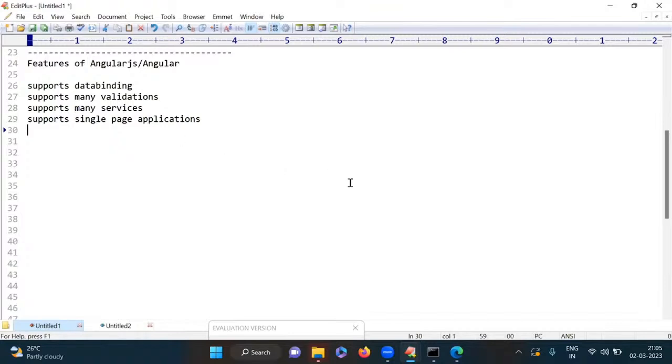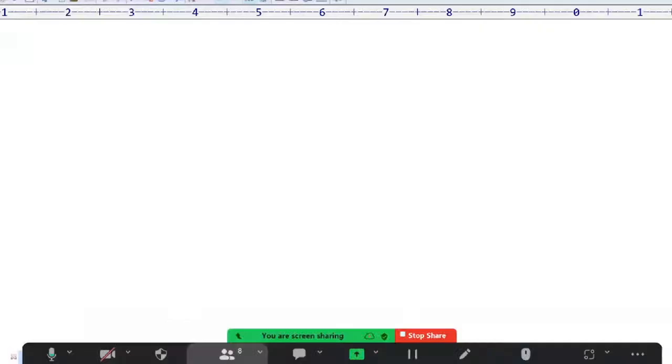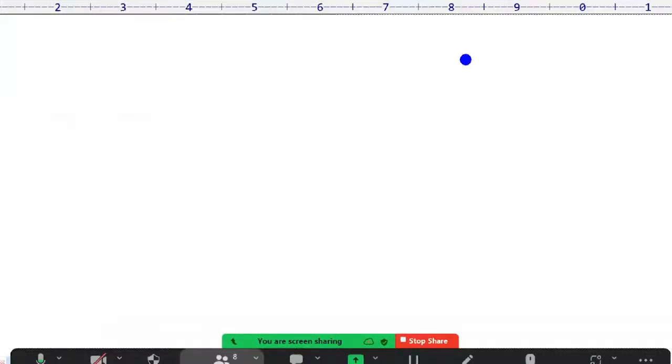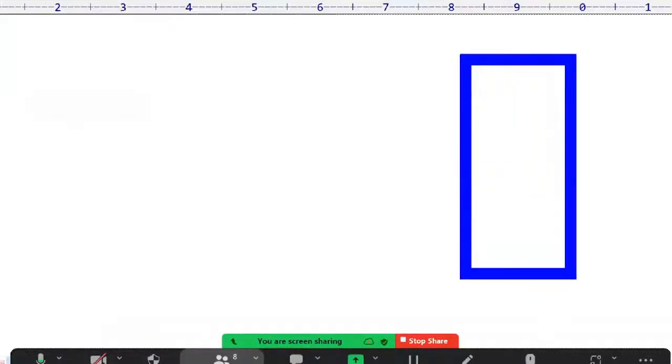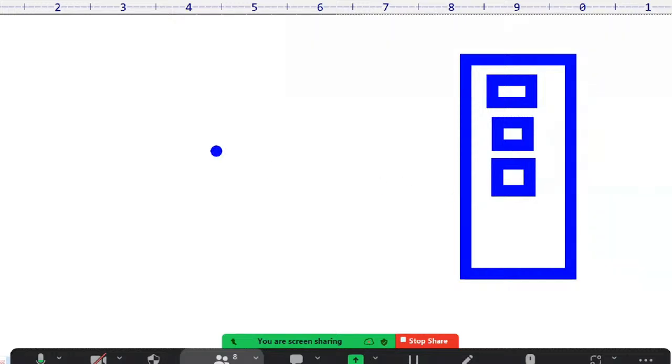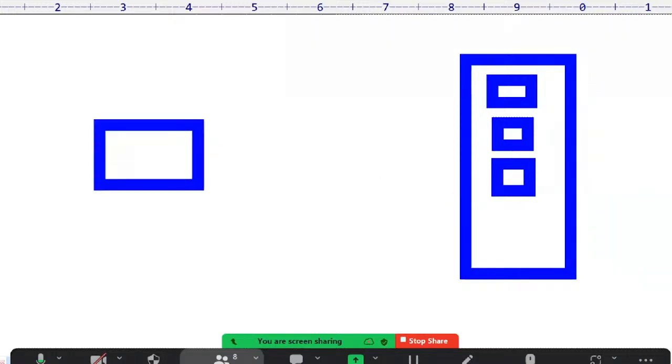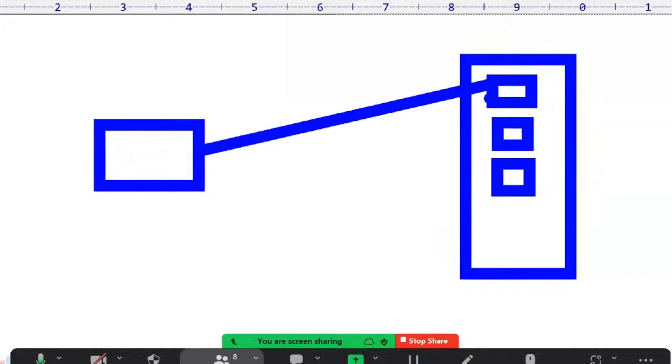Now, what exactly is a single page application? I will tell you. For example, this is one server. You're developing one web application. In that web application, you have a home page, about us, contact us. Like that, you have different pages. Okay, now this is the browser. We are sending a first request to the server. Then the response is coming here. It displays the home page here, and here we are just using about us and